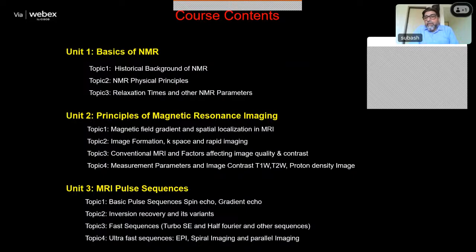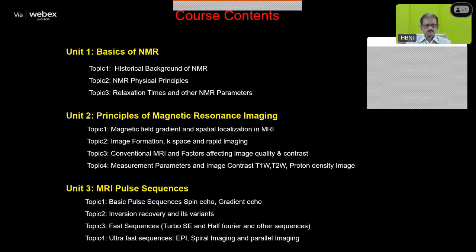And during these lectures over next 1 month, I will be covering basics of NMR, historical background of NMR, physical principles, their relaxation times, and other NMR parameters. Then basics of concepts of magnetic resonance imaging, magnetic field gradients and spatial localization in MRI. Then image formation, K-space and rapid imaging. Then conventional MRI and factors affecting image quality in contrast. Then topic 4 will be measurement parameters and image contrast, T1 weighted image, T2 weighted image, proton density, and other